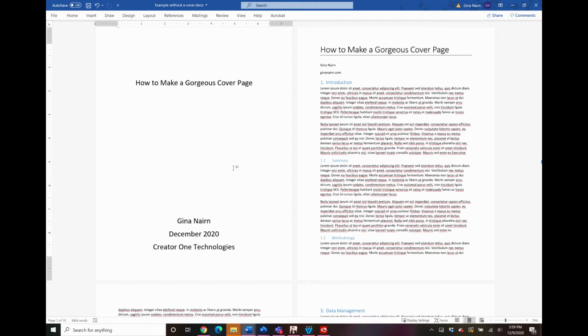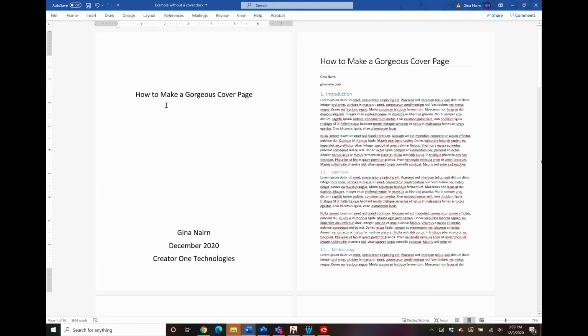And so what I'd like to do is show you how to take your black and white cover page and really apply some design. So let me show you a couple of examples that you can do. And my criteria for this video and the examples that I'm going to show you is that all three of these examples can be built right within Microsoft Word. You don't have to have any other software, you don't have to have any other tools, and you don't have to have any graphic design experience. I am not a graphic designer, but I've been able to use some of the lesser known tools in Word to make these cover pages and other graphics look really good, and I'm going to show you all my secrets.